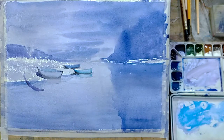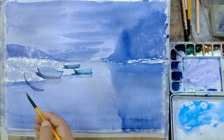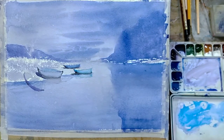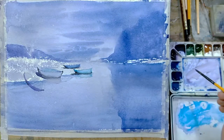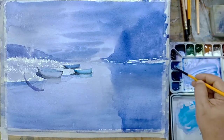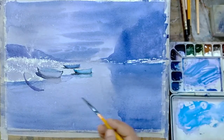Not sure if it really makes sense, but let us see. Okay. This is fully in shore, so not a problem. This is creating a problem now. I shouldn't have drawn it that way. But anyway, let us try if I can make something. Taking a little bluer tone, cobalt blue, and